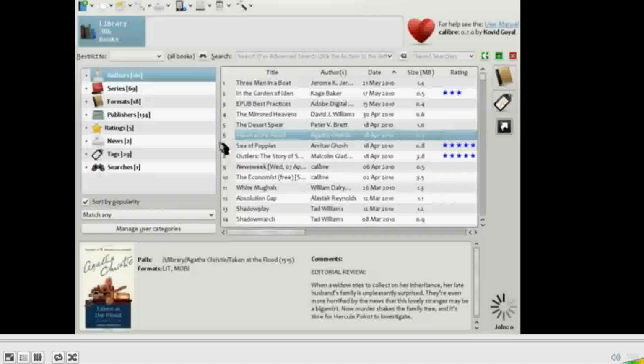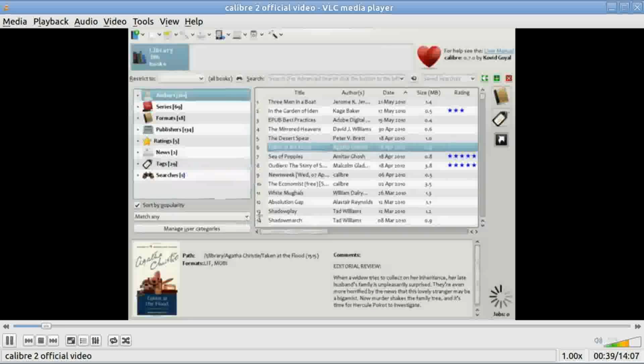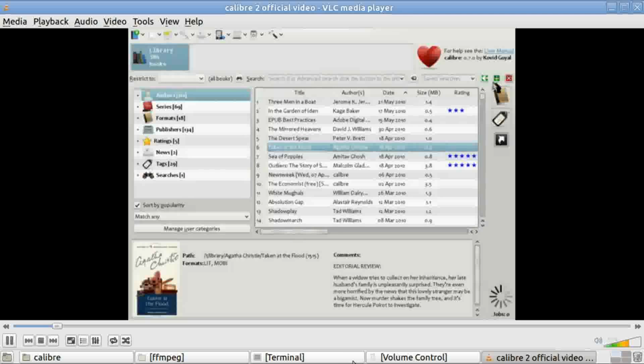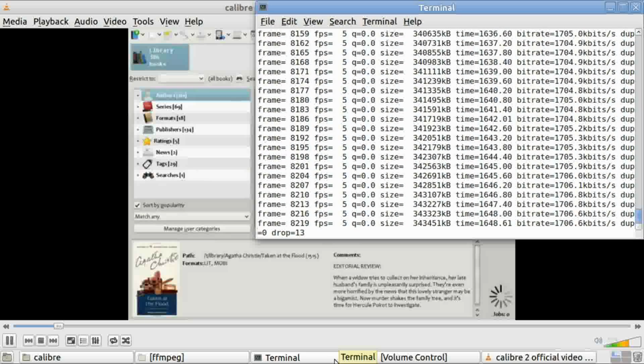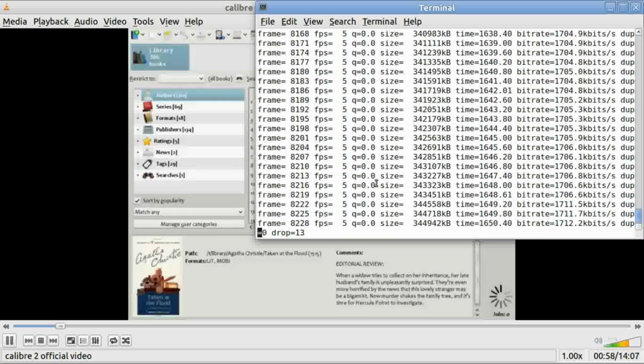The second is called the tag browser, which is this area to the left here, and it allows you to browse your collection by various categories such as authors, publishers, ratings, tags, etc. The third area is the book detail view, which is at the bottom here and shows you the book covers, the formats it is available in, comments about the book, etc. The last area is the search bar, which is up here, and the search bar allows you to find books in your Calibre collection. The first